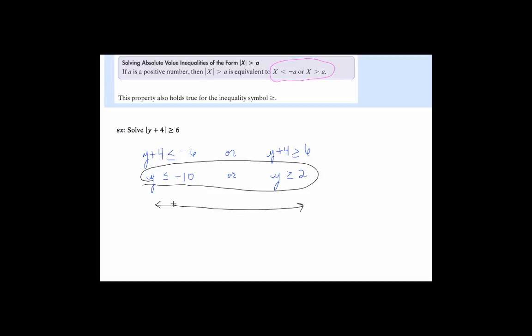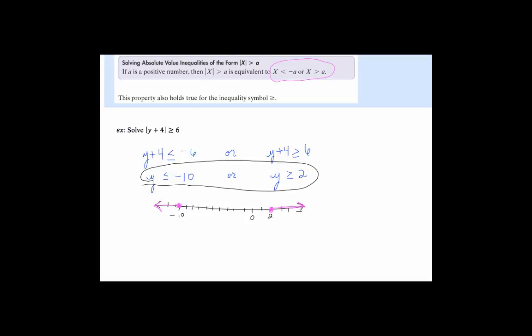Okay, so let's go from negative 10, negative 9, 8, 7, 6, 5, 4, 3, 2, 1, 0, 1, 2. That's really all we need. Okay, if y is less than or equal to negative 10, that would be these numbers out here. Or if y is greater than or equal to 2, closed circle because it could be equal,